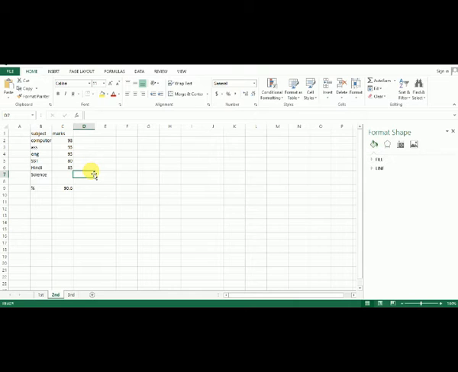Step one: select the cell with the value you want to change. Whenever you use Goal Seek, you will need to select a cell that already contains a formula or function. In our example, we will select cell B7 because it contains the formula AVERAGE B2:B6. Then from the Data tab, click the What-If Analysis command.